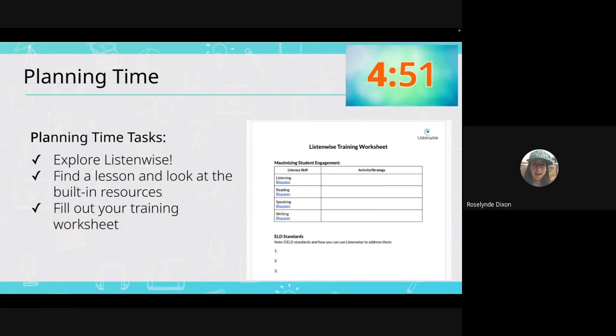I'm wondering about using this as a common formative assessment. I see that things are pre-made and I could easily just tell my team, okay, I'm using this one, you can use this one too. But I'm thinking about some other software that we've used where, within the webpage, we can see each other's data. I'm wondering if there's any way to see that.